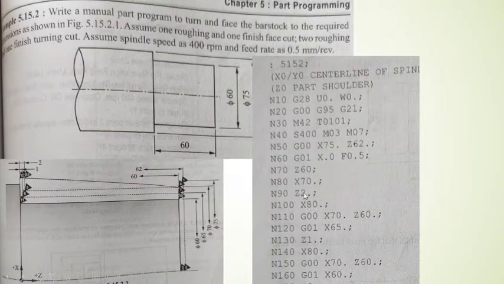Now this Z2 line is used for turning operation, because from Z60 and X70, that is the position number 4, from there tool is moving towards position number 5, and that is indicated by this line Z2. If you study this properly, you will understand each and everything. So go through this solution.